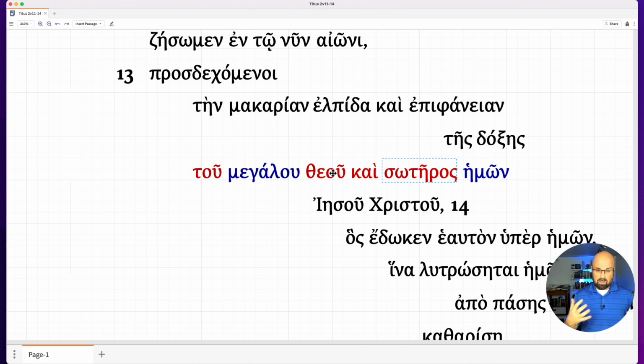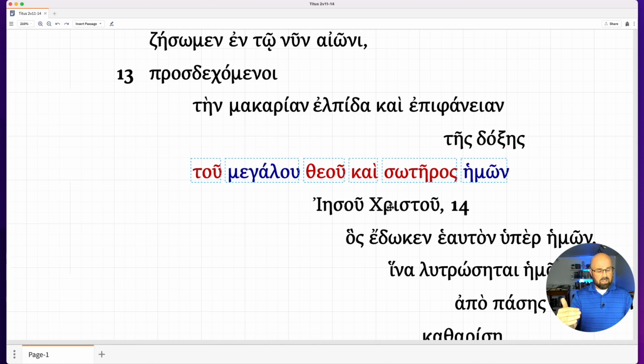And again, I think the construction of this here with the apposition in the genitive makes it clear that this entire genitive construction that we have here also is the same person being referred to by Jesus Christ here. Okay, so this is made really clear through this apposition, and this is really a classic example of where we see Jesus Christ being called both our Savior and God.